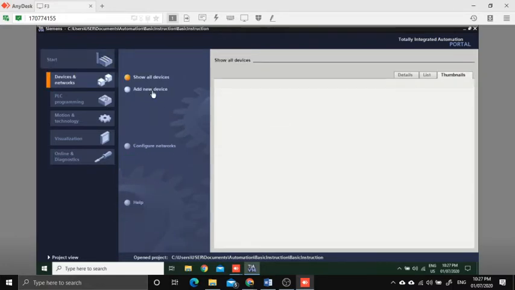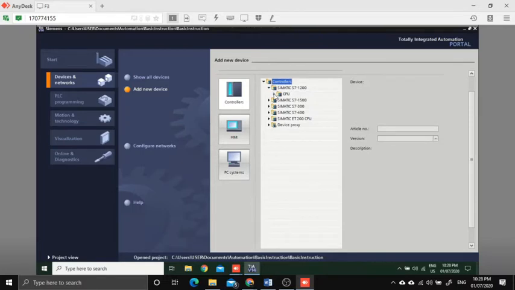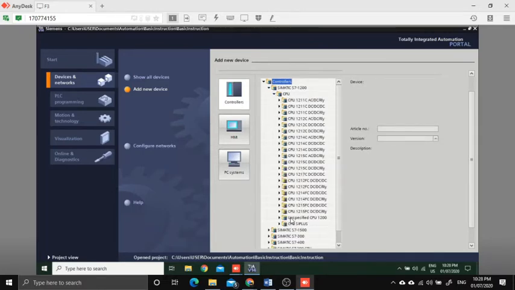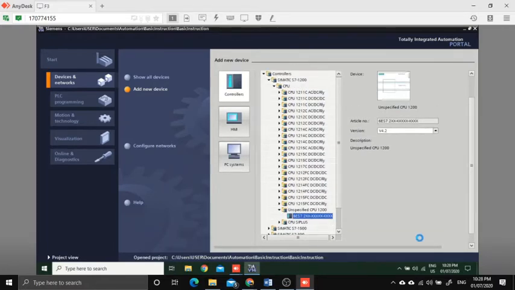Then next we will be adding a new device. As we try to add a new device, we will be selecting Simatic S7-1200. Select the CPU. Then select an unspecified CPU. Select this type of PLC. Then click on Add. So it will try to create the unspecified CPU,